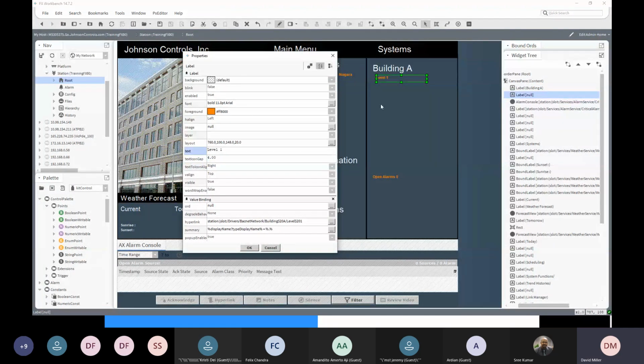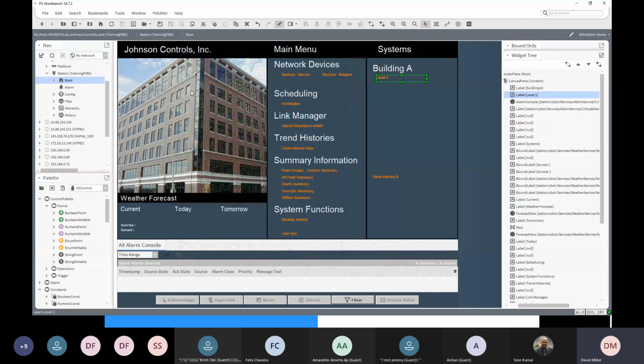The foreground color is orange. The background color is default, which means invisible. And if we take away the value binding for now, so we just remove that, now we've got just a label. So if we save that and run this graphic,